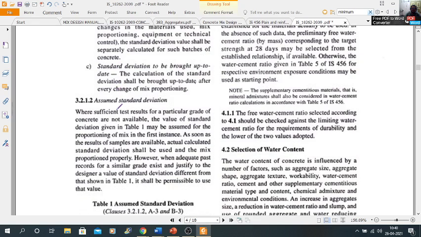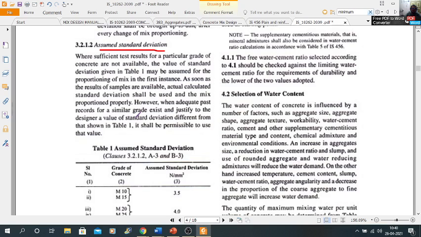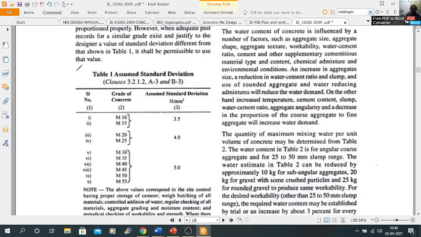So in clause 3.2.1, the assumed standard deviation is given in Table 1 of IS 10262.